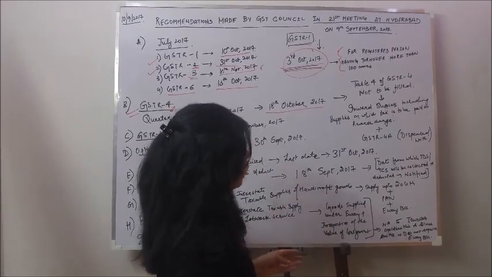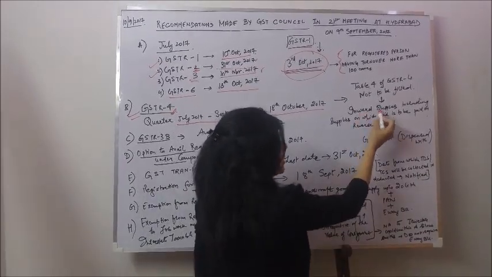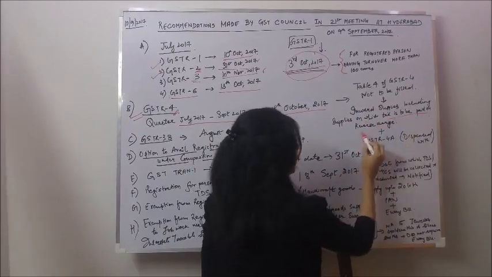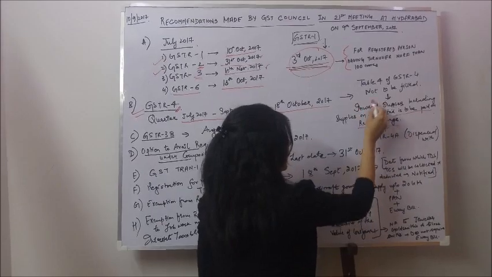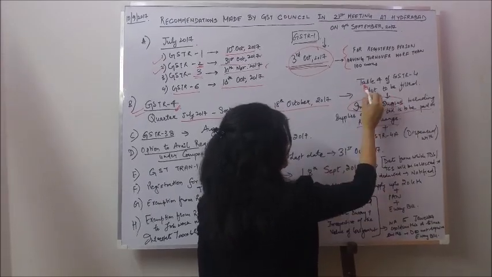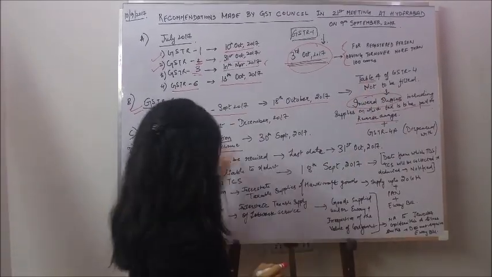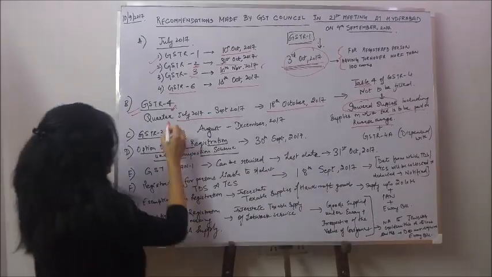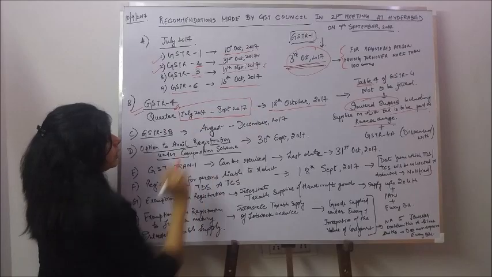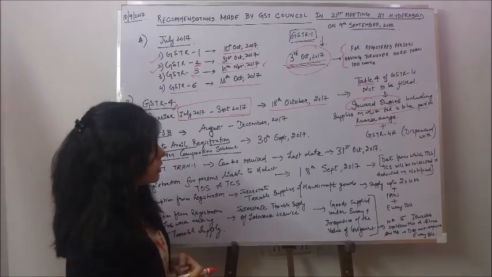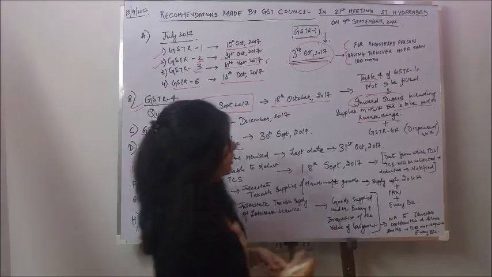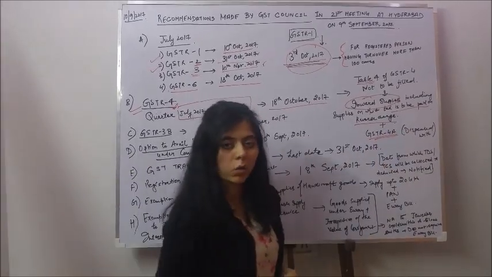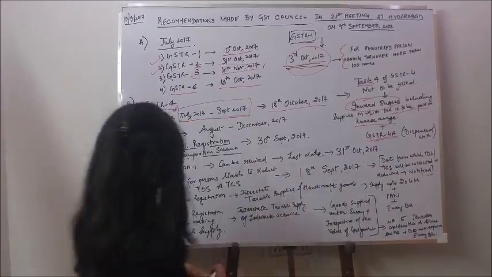What is table 4? Table 4 is basically inward supply details, including supplies on which tax is to be paid on reverse charge basis. So composition dealers are not required to file the inward supplies details in table 4 for the quarter July 2017 to September 2017. There is one more relief. Details to be filled in GSTR 4A have also been dispensed with.